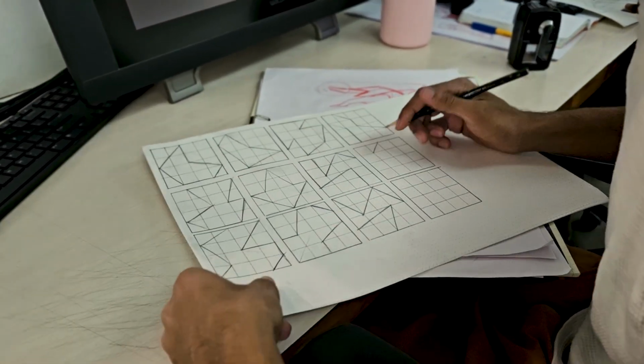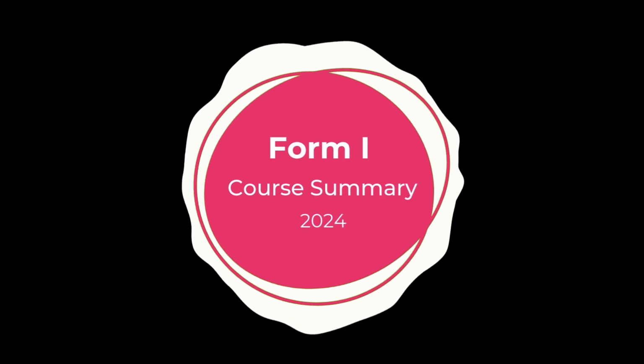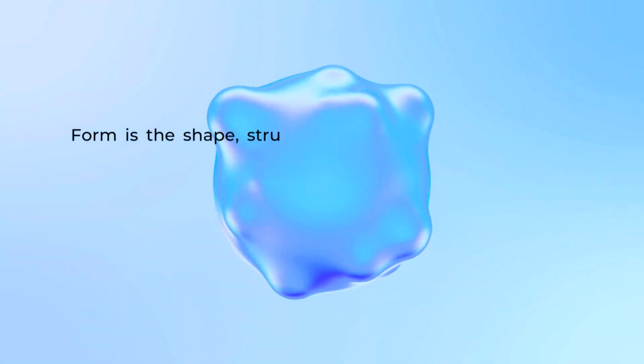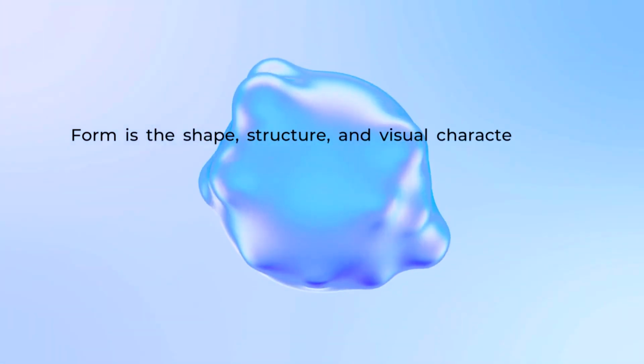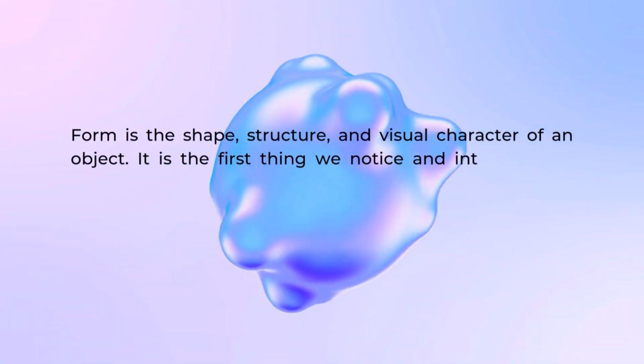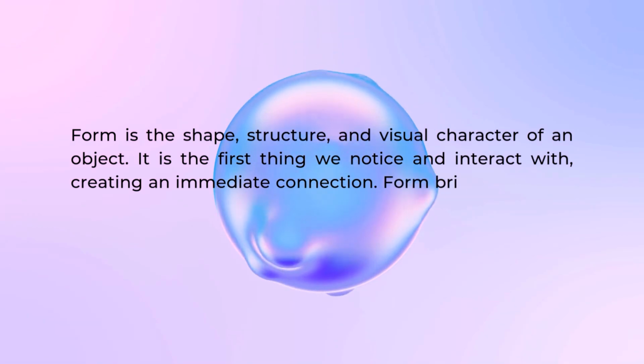Hello, so here we will go through the 1 week course on form that the transportation and automobile design students went through. Form is the shape, structure, and visual character of an object. It is the first thing we notice and interact with, and as such it creates an immediate connection to our thoughts